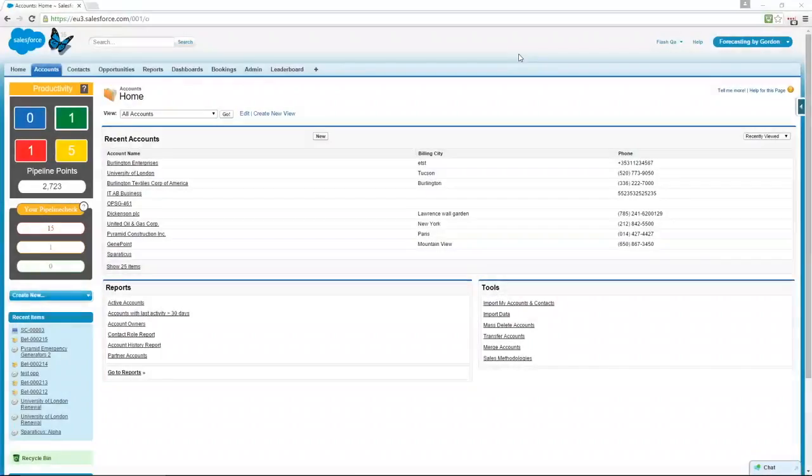Okay, so we're now in the forecasting app itself, and as a sales rep, I'm just working away as I normally would in the CRM system. As I'm engaging with my prospects and customers on deals, I'm asking good qualification questions and the right discovery questions. I'm getting to understand the potential value of what we're delivering to the organization, the timeframes for making a decision, the process involved in it. Because I'm getting a good understanding of that, I keep updating the value and close date as I go.